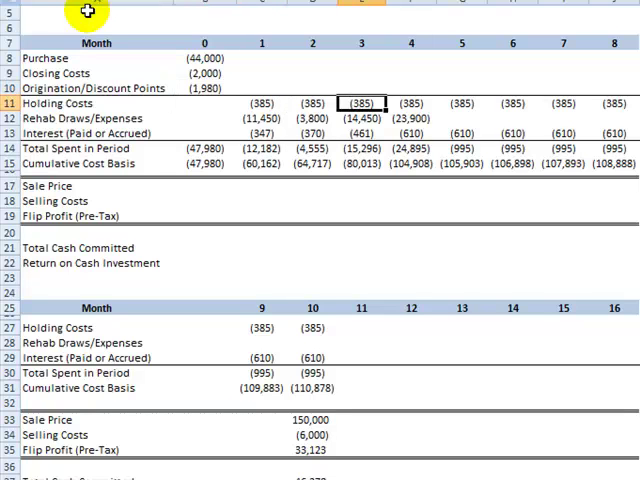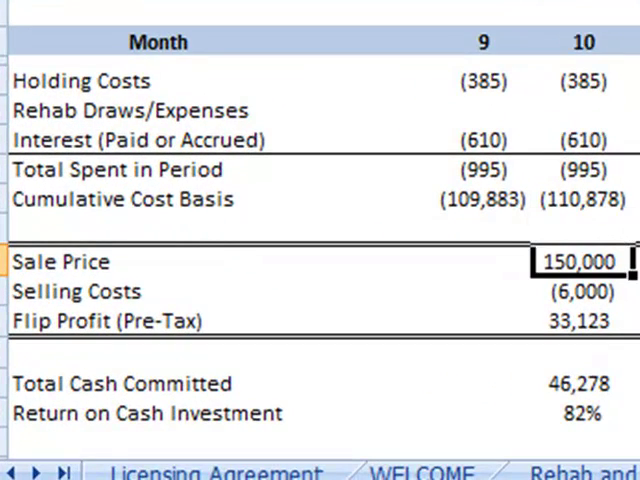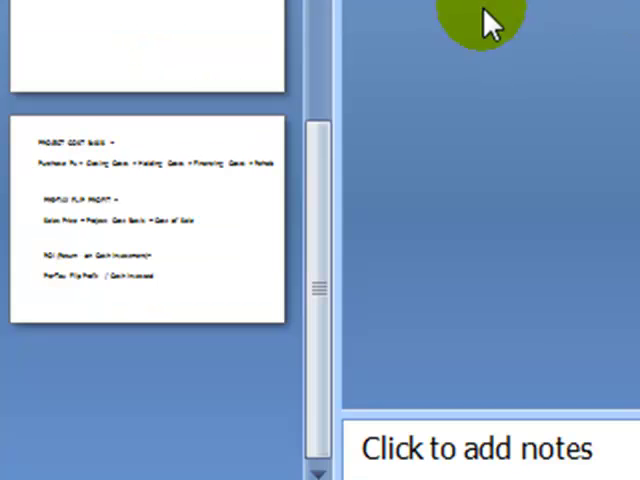My holding costs, $385 monthly. These are my rehab draws based on the rehab budget I put together. Interest payments monthly. Total spent in a particular month. And then here's my cumulative cost basis, and you can see how it evolves over time. And then month 10 is the sale. So sale price of $150,000, $6,000 in selling costs, pre-tax flip profit, and going back to my presentation, you can see